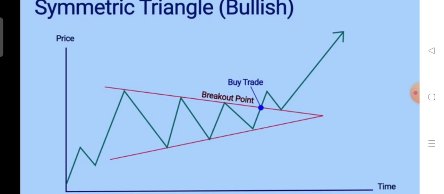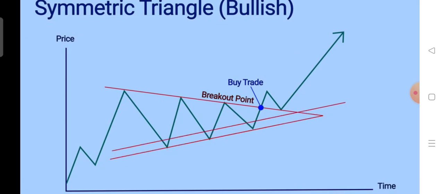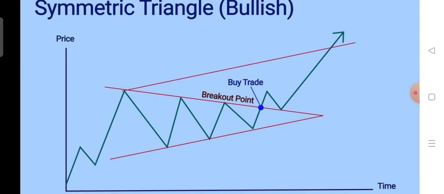Now when we are talking about this up move, the target of the up move would be the height of the triangle. So how can you do this? Suppose the moment the price is breaking out, you draw a line parallel to the lower boundary of the triangle, and the parallel line should be drawn from the high of the triangle. So from the high of the triangle, you draw a parallel line parallel to the lower boundary of the triangle,